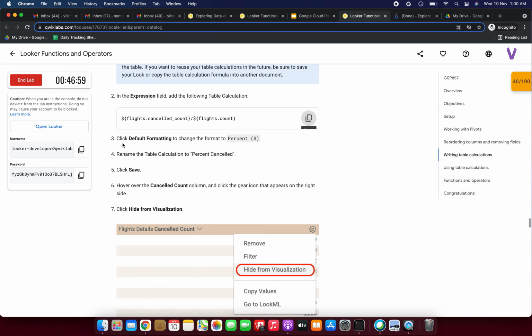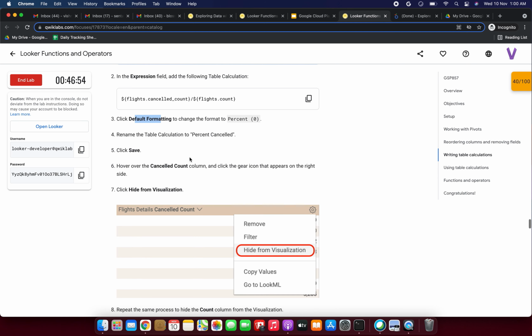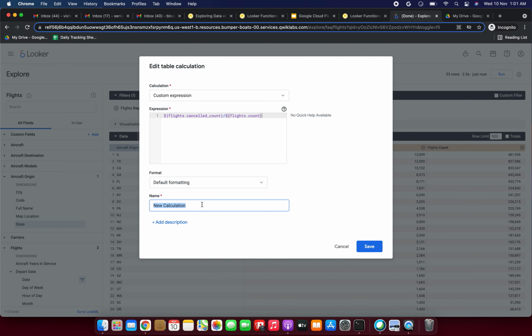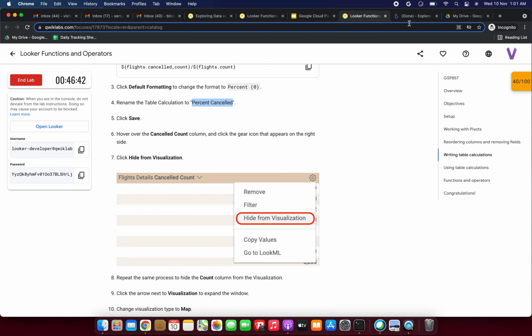Next is click default formatting. It is already default formatting only. Rename the table calculation to percent cancelled. Then we need to click save.